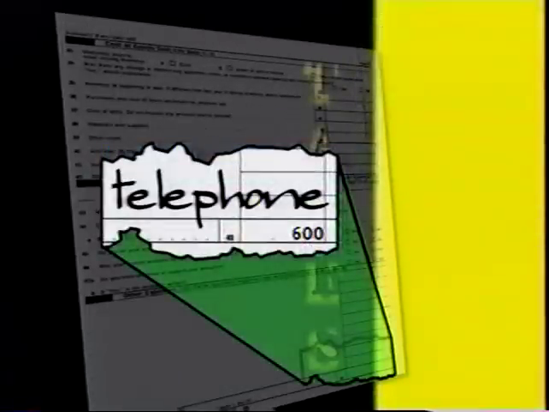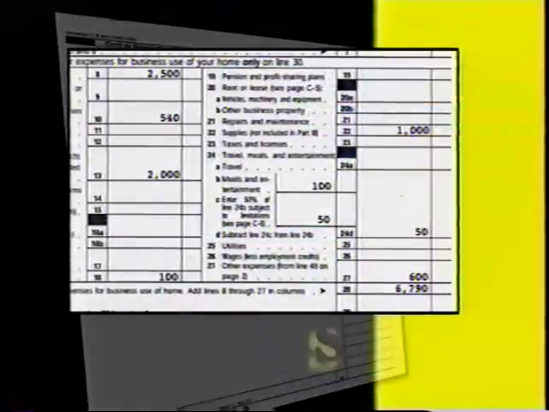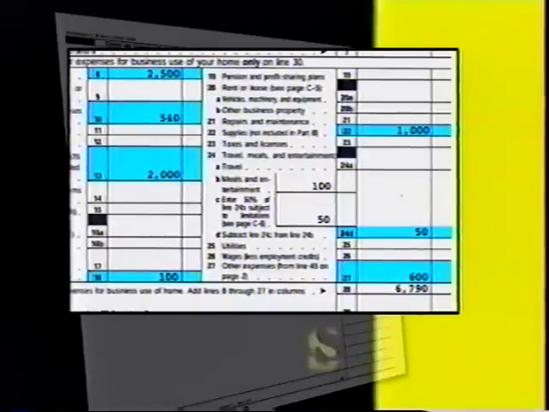So we write telephone $600. This is Vicky's only other expense, so we drop the $600 to line 48, the total other expenses. Now we carry the $600 back to line 27. Now we put everything together for line 28, total expenses. That means we add lines 8 through 27, which gives us